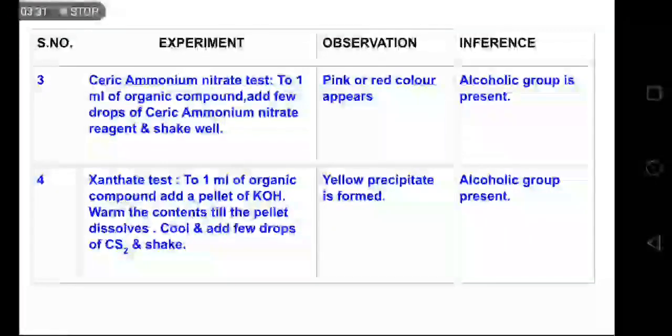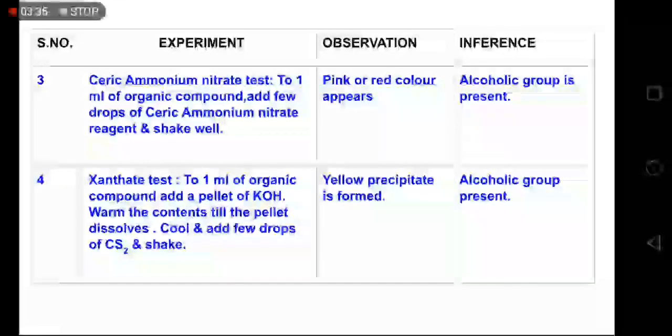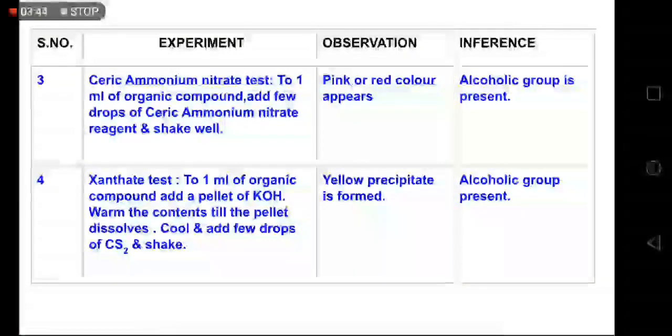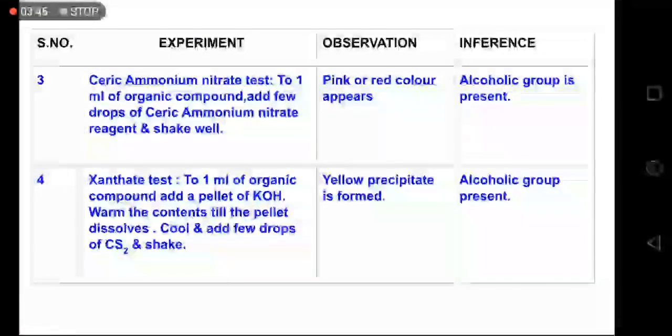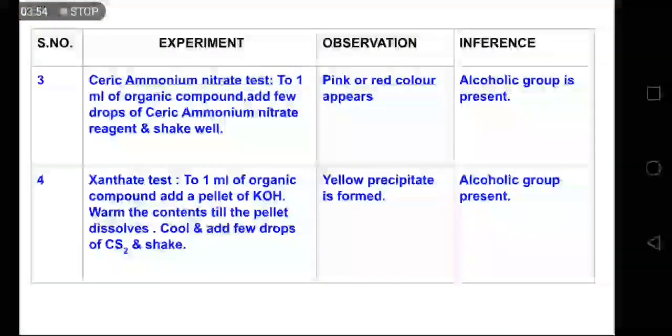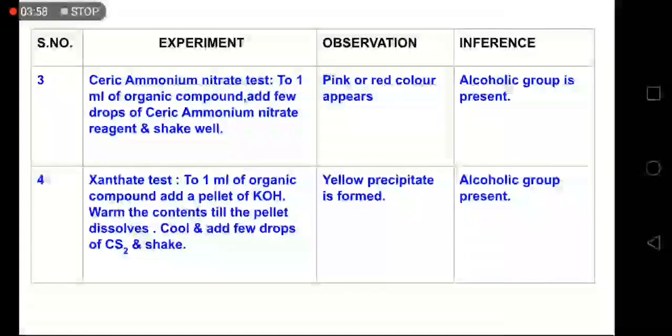The last is called the xanthate test. To 1 ml of organic compound, add a pellet, that solid piece, of potassium hydroxide. Warm the contents till the pellet dissolves. Cool and add a few drops of CS2, carbon disulfide, and shake to mix them well. You will get a yellow precipitate. Alcoholic group is present. So these are the 4 tests which show that the alcoholic functional group is present in